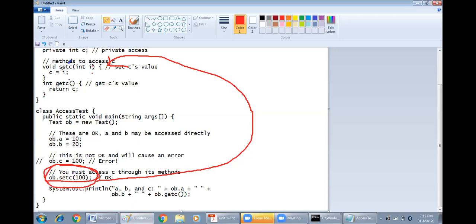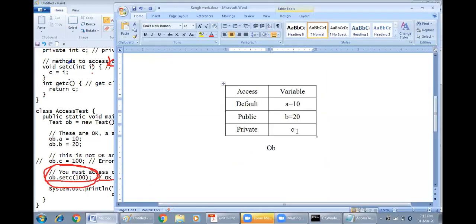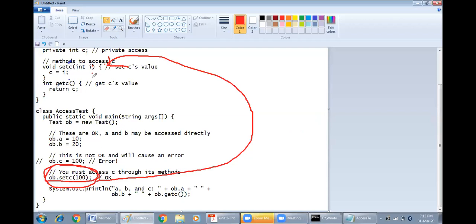Member functions are allowed to access private data. So C will get a value of 100, because it has been accessed with the help of a member function. That is the reason why we keep data as private.